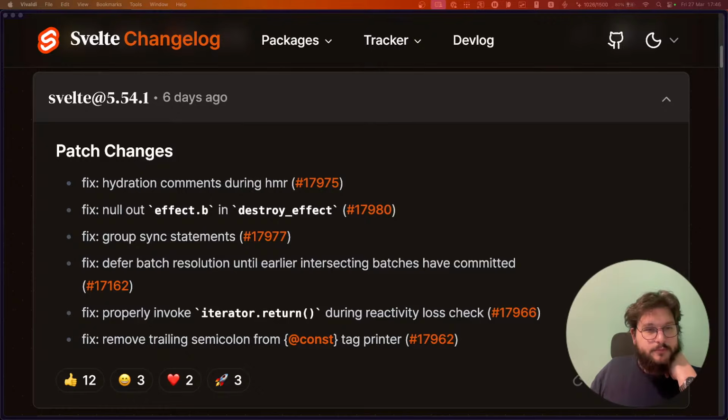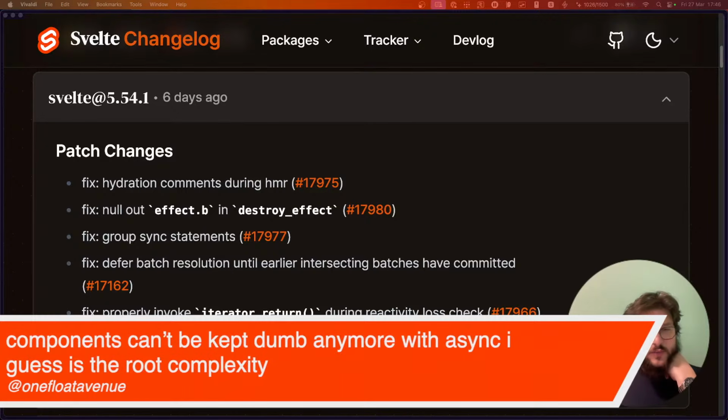Okay, so I want to highlight this message: components can't be kept dumb anymore with async. I guess it's the root complexity. And I actually disagree with this. It's not that components can't be kept dumb.